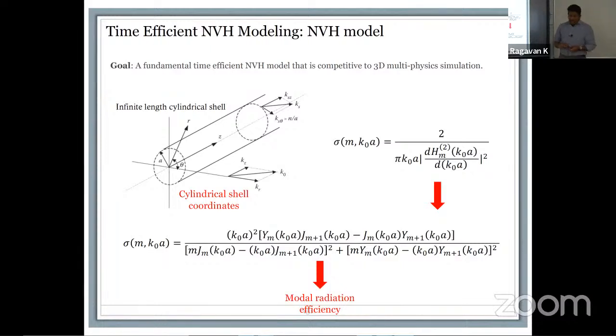So in terms of the design itself, what you're getting here essentially is you have two functions here. You have Jm and Ym. The J, Jm and m+1, are Bessel functions, and then Ym and m+1 are Neumann functions of this order. So this allows us to describe the overall motor as a shell.